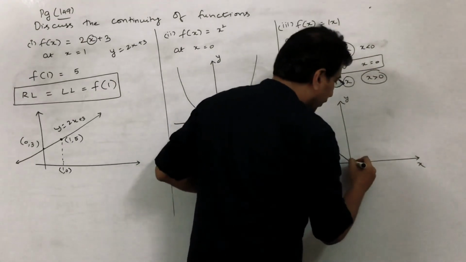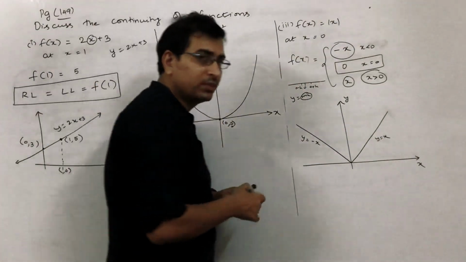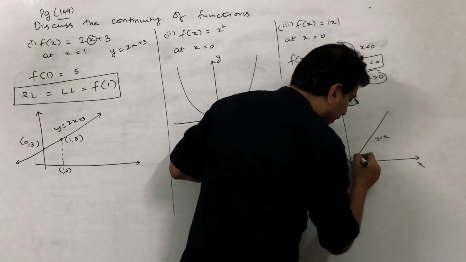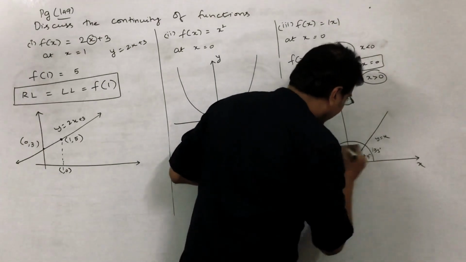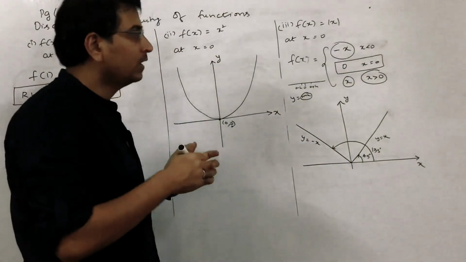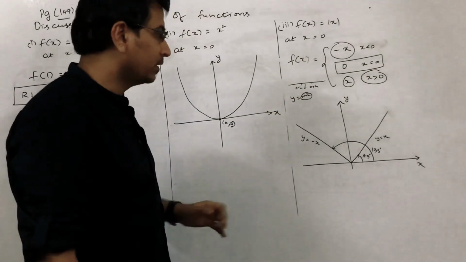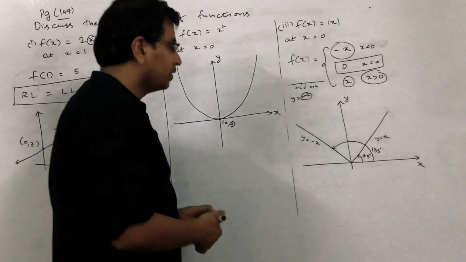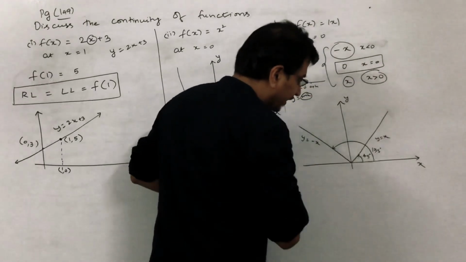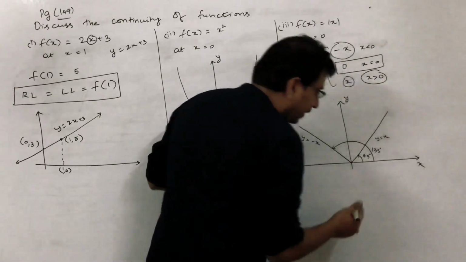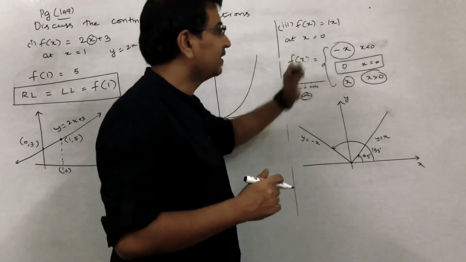Similarly, on the right, it is going to be y is equal to x. y is equal to x is a straight line passing through the origin with the slope as 1. So, remember this angle will be 45 degrees and this angle will be 135 degrees. The reason I am stressing all these points here is that these kinds of questions are asked in the applications of integrals. At that time, you should have clarity of what you are doing. So, if you observe, when you are approaching the point 0 from the left hand side as well as the right hand side, the function value is exactly meeting at 0. Hence, this given function is continuous at x is equal to 0.